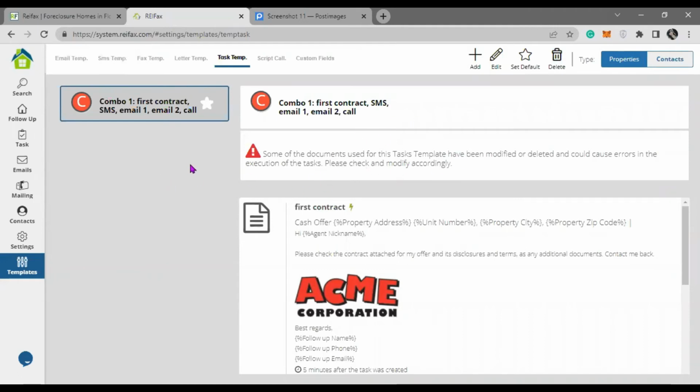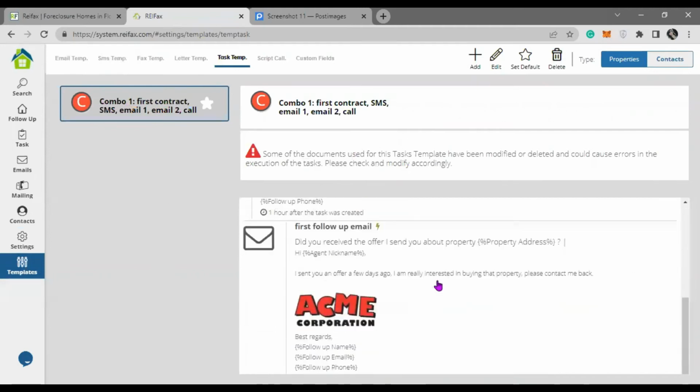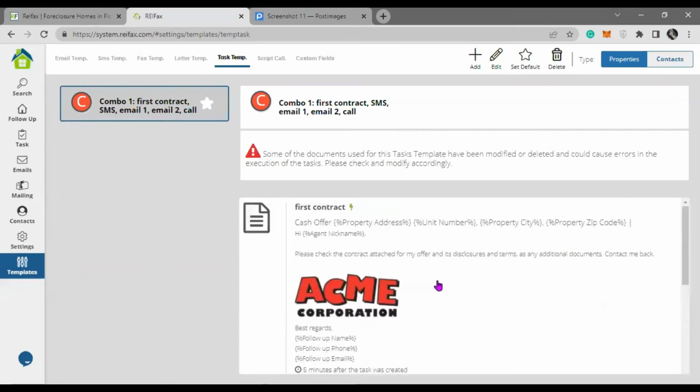Let's say that tomorrow I change my emails. I change something in the contract, okay? The system is not going to know that this particular combo has those changes. So you will need to create the combo again if you modify anything that you have done here, okay? You will need to create that combo one more time because, again, you have modified the initial templates that you schedule in this combo of tasks. Now,